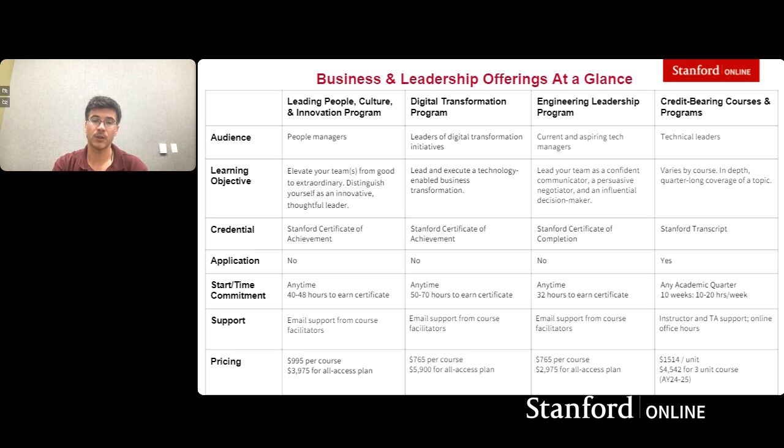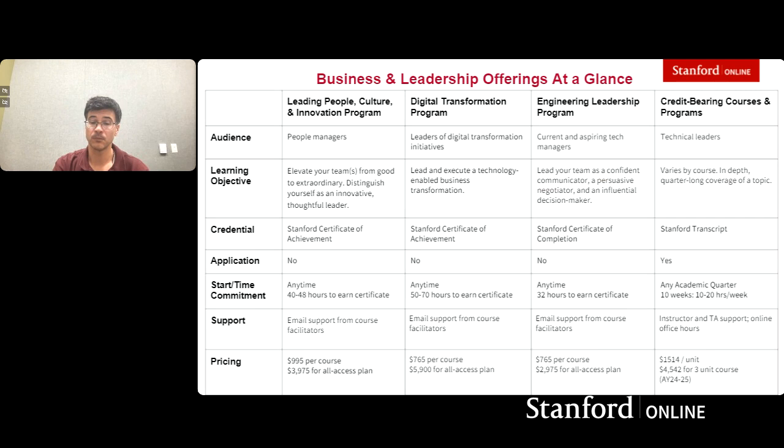Again, I encourage you to explore. As we've said, there's a lot of free material available that allows you to learn at your own pace, or just to get a sense of what these programs are like. If I'm correct, Robin, on each of the program pages for the professional programs, there's a link to the program preview, which will give you a taste of what that program is like, a sense of what it's like to be in the course, and an overview of the content. Is that fair? That is true.